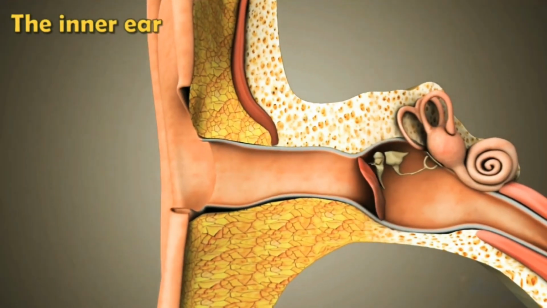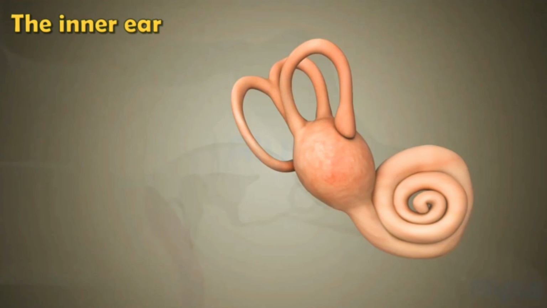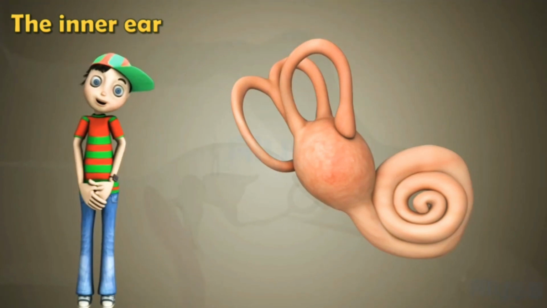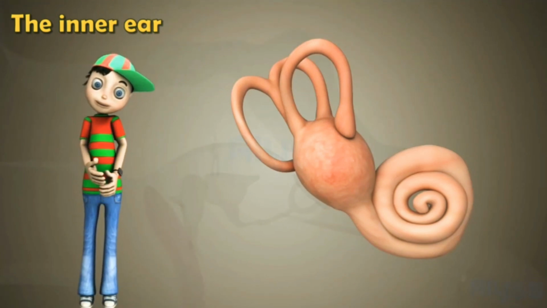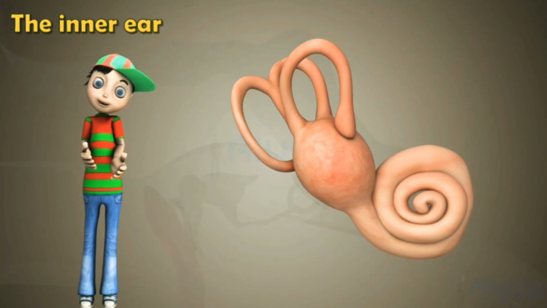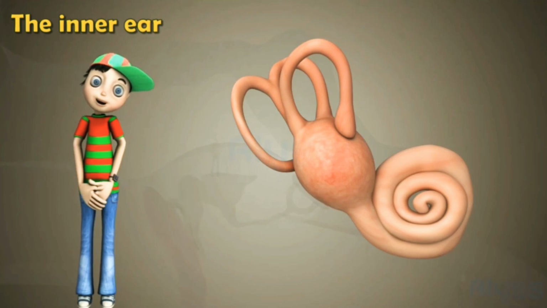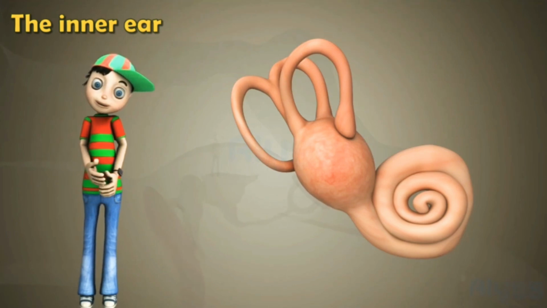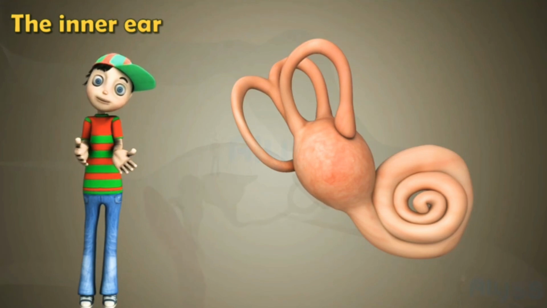The inner ear is the most distal part of the ear. The inner ear has 2 main functions. First is to convert mechanical signals from the middle ear into electrical signals, which can transfer information to the auditory pathway in the brain. And second is to maintain balance by detecting positions and motion of the body.